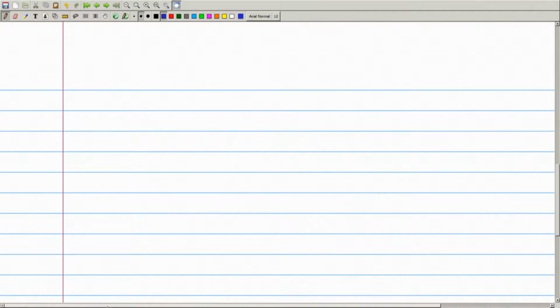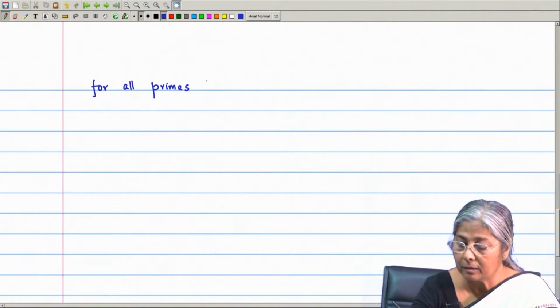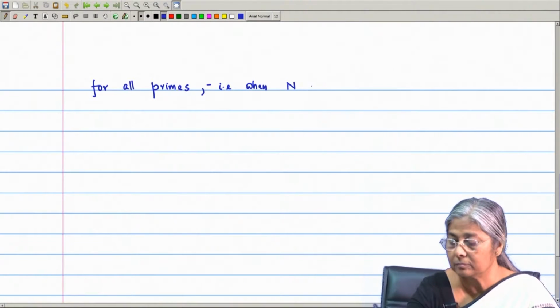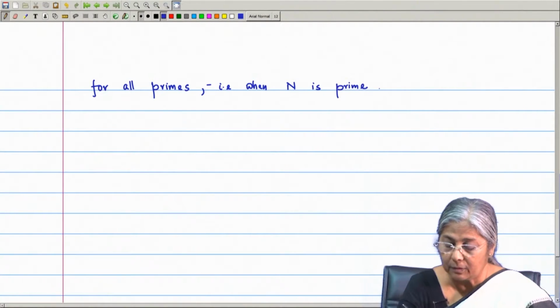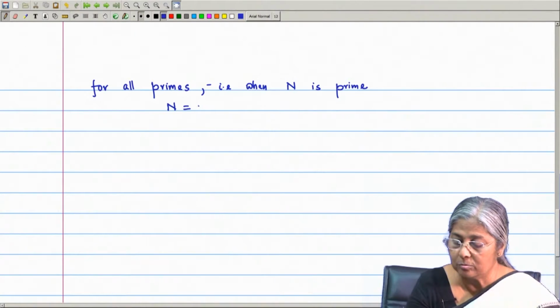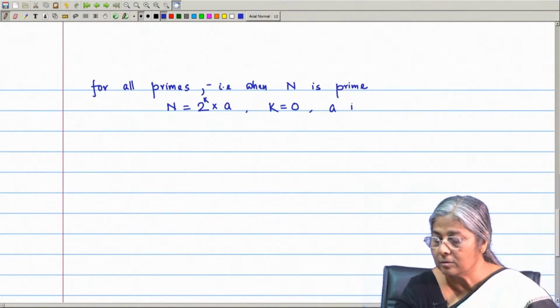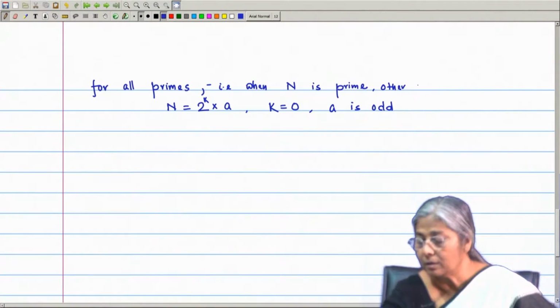Now for primes, when n is a prime number other than 2, n equals 2 to the power k into a, where k equals 0